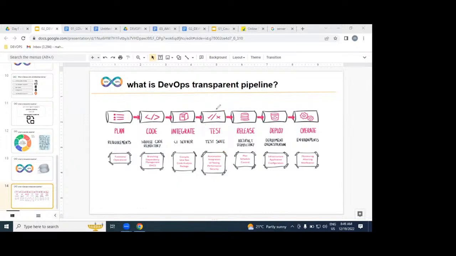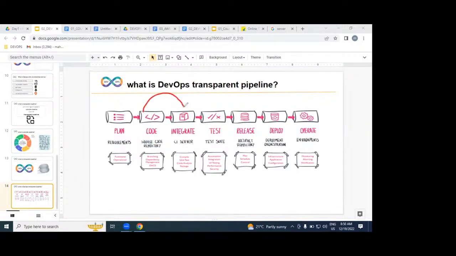Once the test cases are executed, if there is no error, fine; or else if you get an error, it is automatically redirected back to the developer. The developer has to fix the issue, then integrate again, and again this check happens. Understood very clearly?